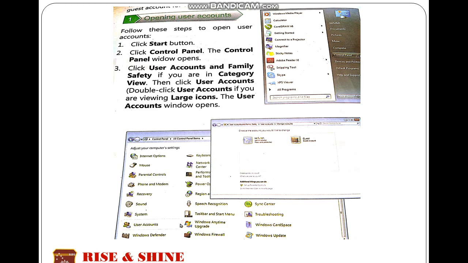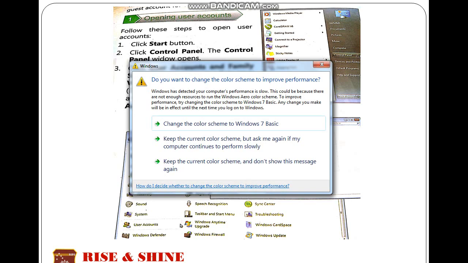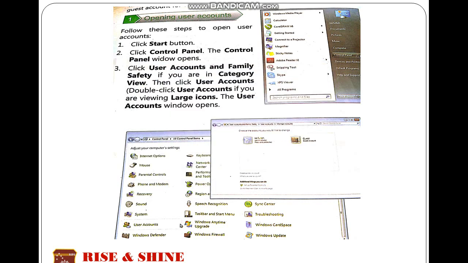Now we will discuss how can we open an account. There is a process through which we can open an account. Now let's discuss this process or this method one by one, step by step. Number one, click the start button. What we will do first, click the start button, a menu opens.